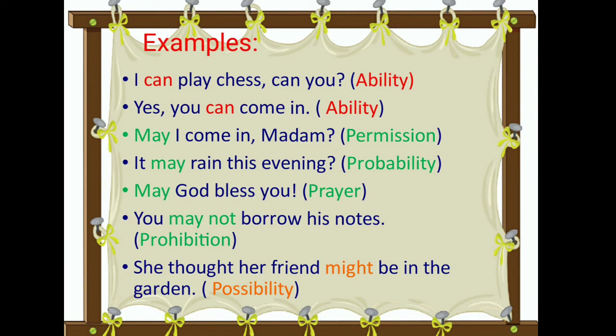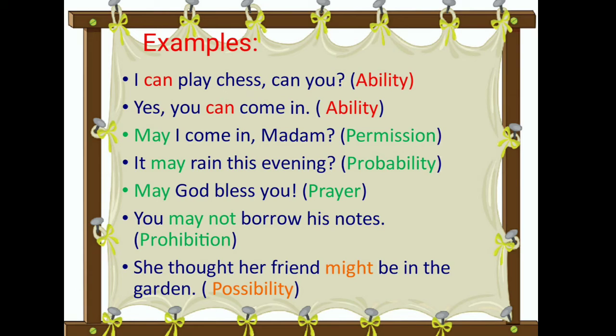Here are a few examples of different modal auxiliaries showing different attitudes or functions. Let us have a look at the first one. I can play chess. Can you? Here the modal auxiliary can shows the attitude of ability of playing chess. Next one, yes, you can come in. Here can shows the ability of coming in. Next one is, may I come in, madam? Here may shows us the attitude of taking